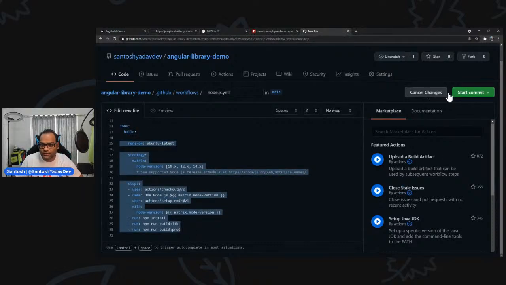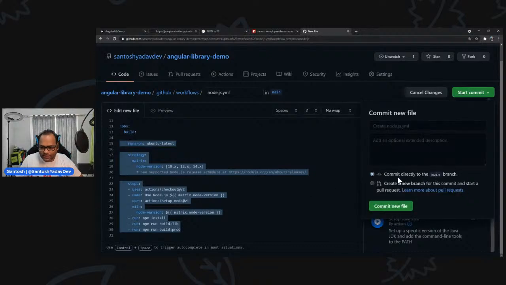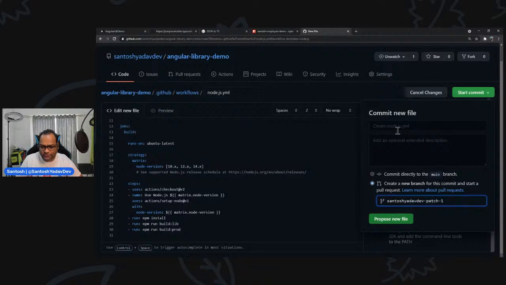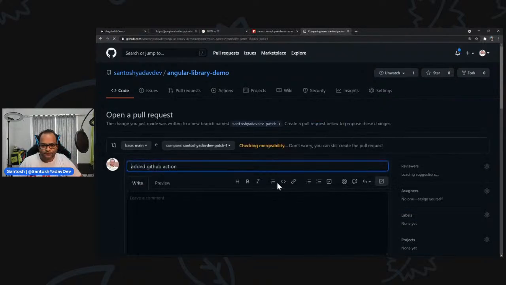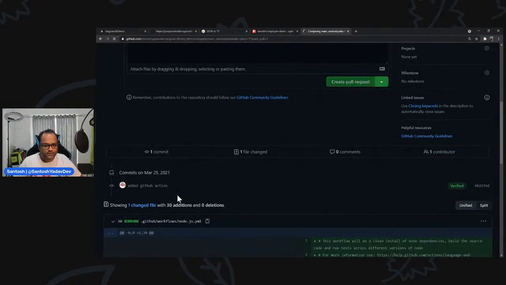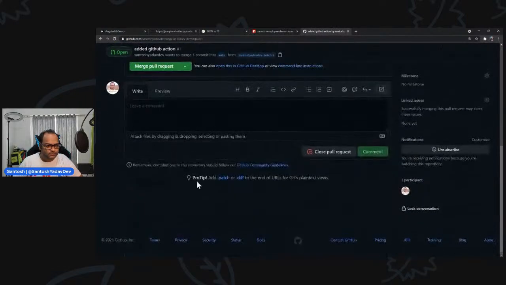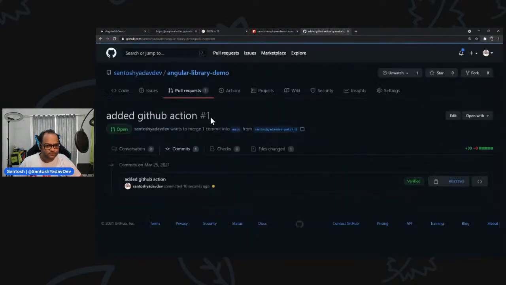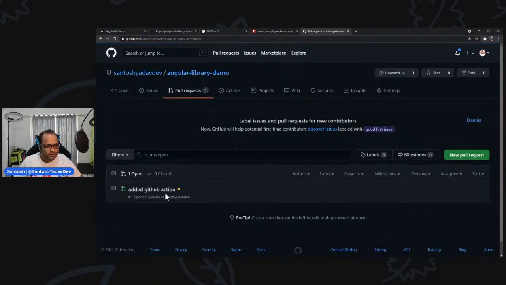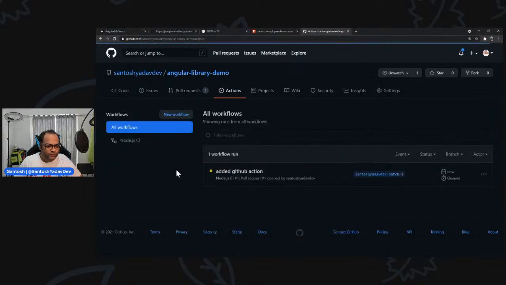So let's go ahead and do start commit. I'll say commit directly to main branch, create a new branch. So I'll say, okay, patch 1, and I'll say this is added GitHub action. Propose a new file, and let's create a pull request. So you can see, now let's go back to the actions, and you can see GitHub action is already running